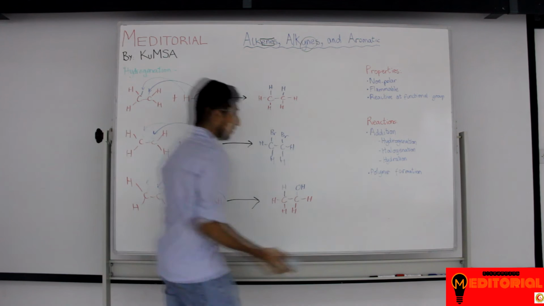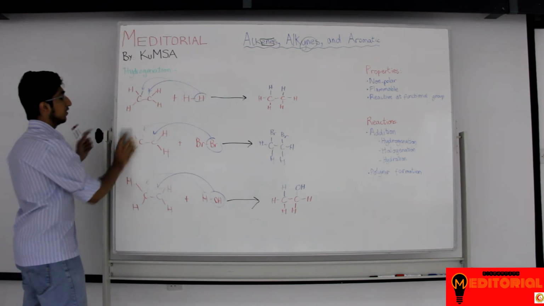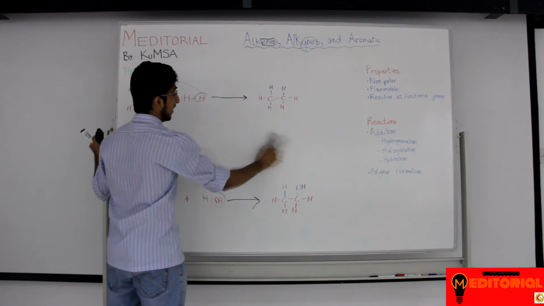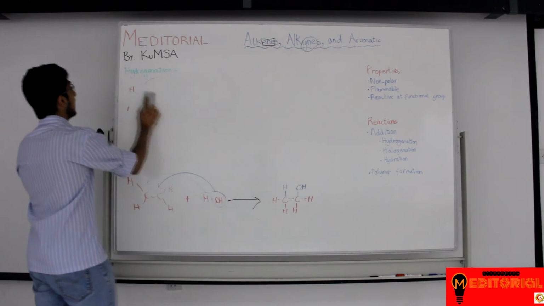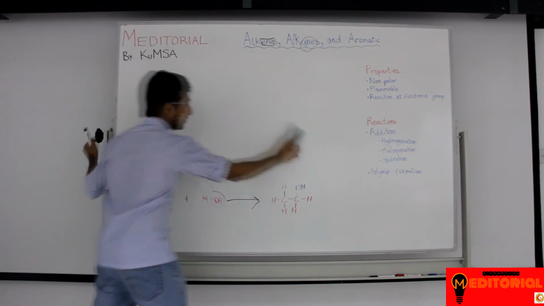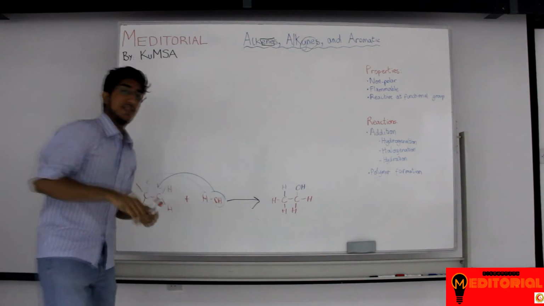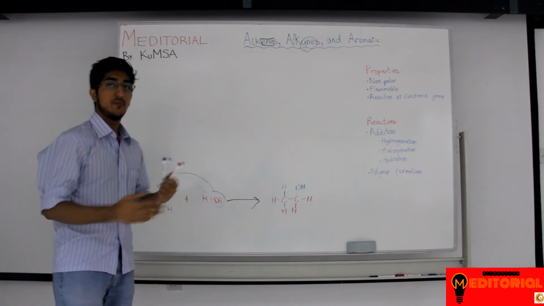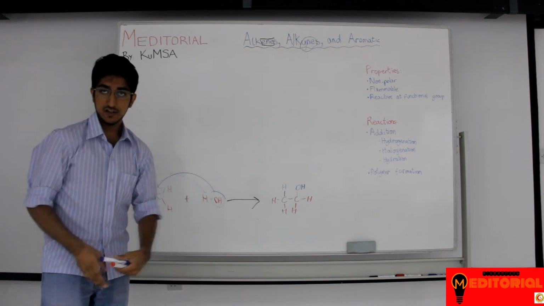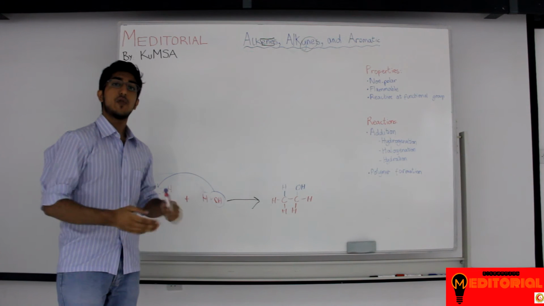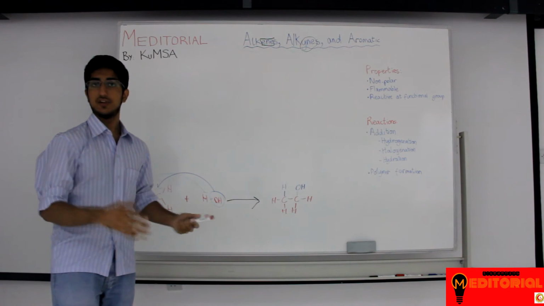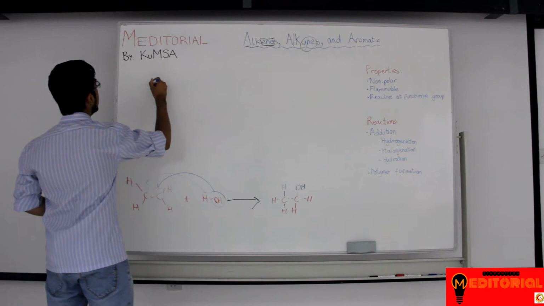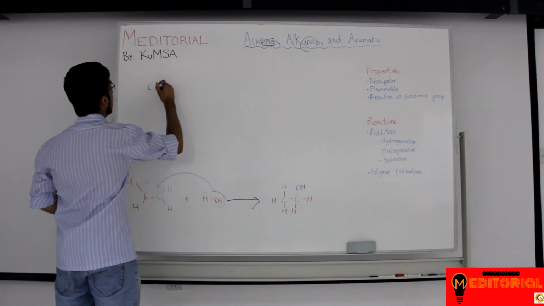You get a little bit more complicated when you bring in a factor called Markovnikov's rule. You thought your name was weird? Well, listen to this guy, Markovnikov. Okay? Now, what he said is a very basic principle. He said that the rich get richer and the poor get poorer. Anything with hydrogens will get more hydrogens, and anything with less hydrogens will not get hydrogens. What do I mean by this? Let me explain. So, if I have a compound like this,